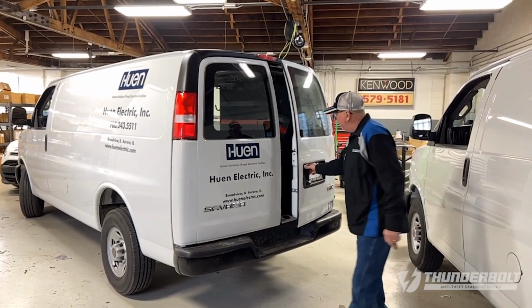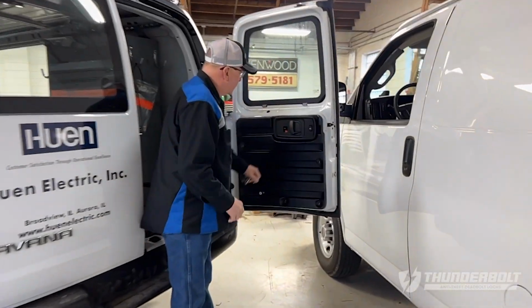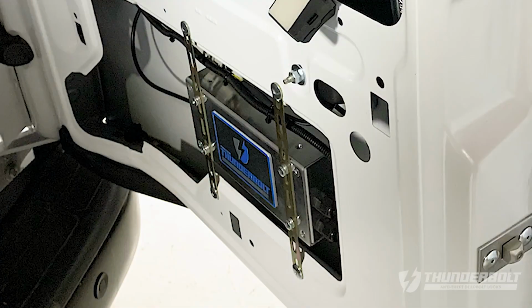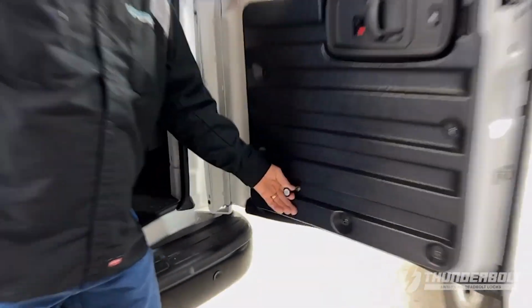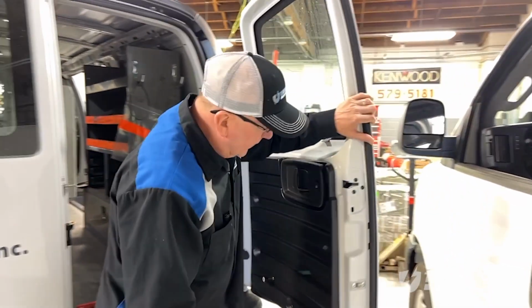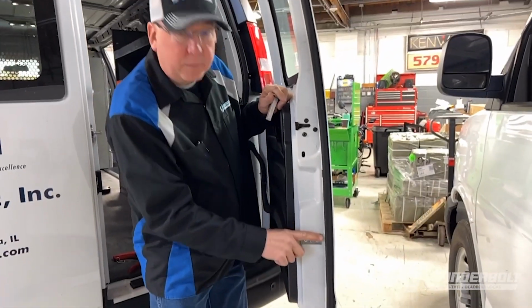We've located the lock case in the passenger rear door. It fits in about this location behind the panel. Since this vehicle has rear glass, we've mounted our override knob down low in the door, and our lock housing. The rear door is quite forgiving, so you have a lot of different areas here that